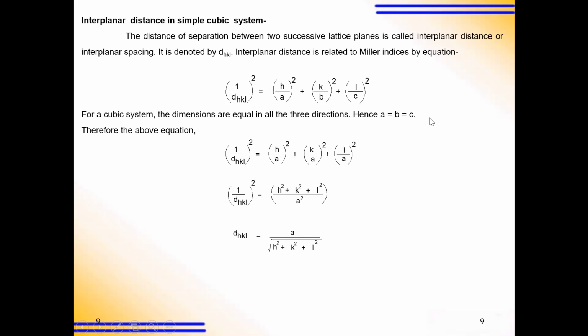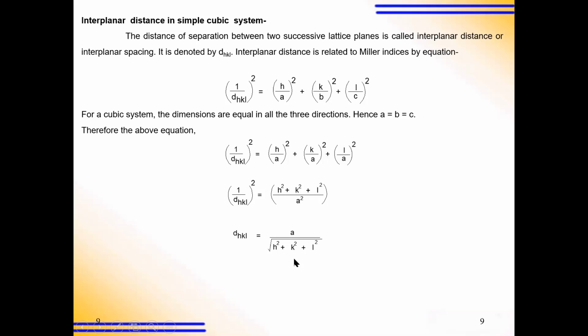हे केव्हा असेल जर या सिस्टीम मध्ये थ्री डायमेन्शनल स्पेस मध्ये जर तुमचं इक्वल ऑल द थ्री डायरेक्शन्स, म्हणजे जे काय a इज इक्वल्स टू b इज इक्वल्स टू c असेल, so that time the equation becomes like this: h square plus k square plus l square upon a square. तर ह्या सगळ्यांचा आपण कॉमन आहे त्यामुळे तो a स्क्वेअर घेतो. ओके. सो देअरफॉर द DHKL हा जो स्क्वेअर आहे तो जर इकडे आपण त्याला काढून टाकला तर तो इथे रूट होईल. सो DHKL इज इक्वल्स टू a अपॉन रूट h स्क्वेअर प्लस k स्क्वेअर प्लस l स्क्वेअर. ओके. कारण आपण याचा स्क्वेअर काढलाय त्यामुळे so that will be the